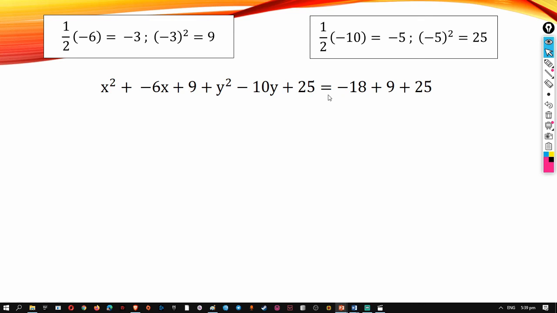Para balance yung equation, kasi kanina, di ba, negative 18 lang yan. So, nag-add tayo sa left ng 9 tsaka 25. So, mag-a-add din tayo sa right para balance yung equation. So, simplifying, we have x squared plus negative 6x plus 9 plus y squared minus 10y plus 25 equals 16. Bakit? So, 9 plus 25 is 34 minus 18 equals 16. Next. So, pwede na natin siyang express into